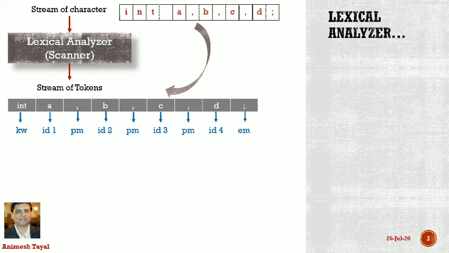All the identifier names with that variable name will be stored in the symbol table by the lexical analyzer, and the remaining commas are punctuation marks, pm, and semicolon is the end marker. So this is the actual stream of tokens, group of tokens, which will be passed to the next phase. Clear? One more example,